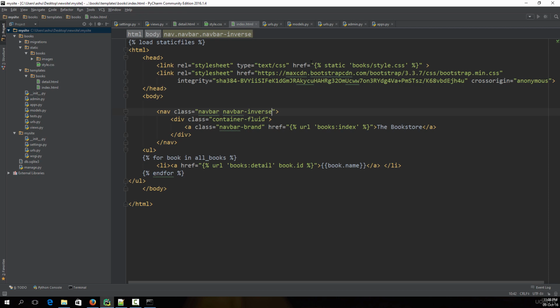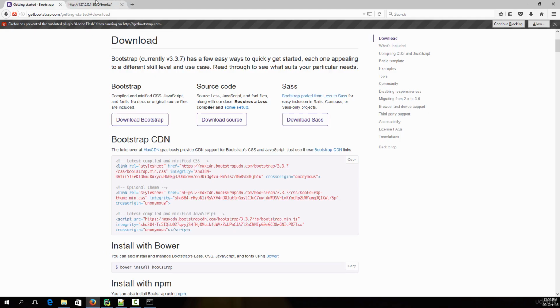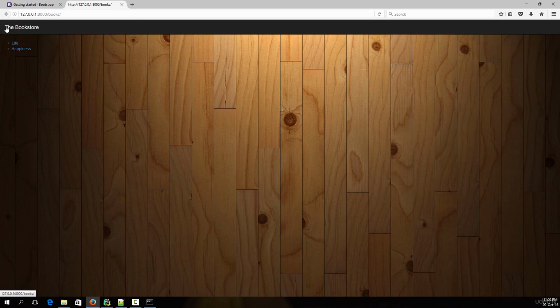Right now, we wanted to use Bootstrap in the index.html file. So we did exactly the same thing, that is we pasted this link over here. What Bootstrap does is that it contains multiple inbuilt classes which we can directly use and create beautiful interfaces with minimum effort. We only wrote 5 to 6 lines of code over here, and we got the result as a nice looking navigation bar which has our branding here. Even if you click this thing, as you can see, it redirects you to the same page, which is